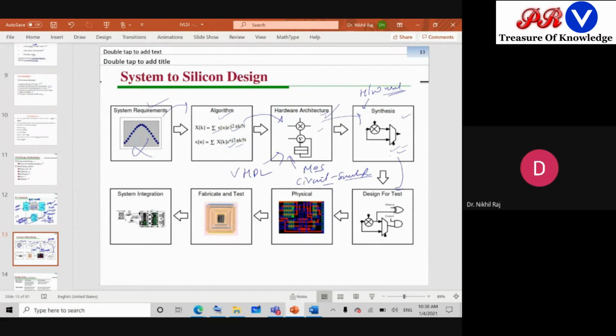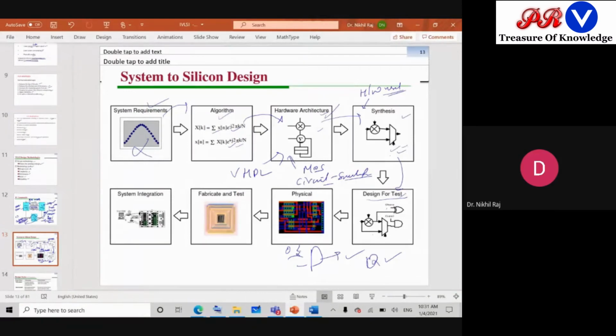DFT is design for test. In this, what we do is we give a random number of faults. Like an AND gate is there, so A into B will give me output one when both are one. But what I will do in the AND gate, I will give one, I will fix this voltage as zero, and I will check what output I am getting. If I am getting one, this means there is a fault. If I am getting zero, then it is fine. So that is your design for test. DFT, design for test.